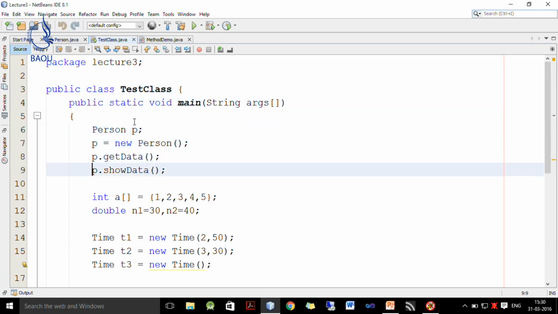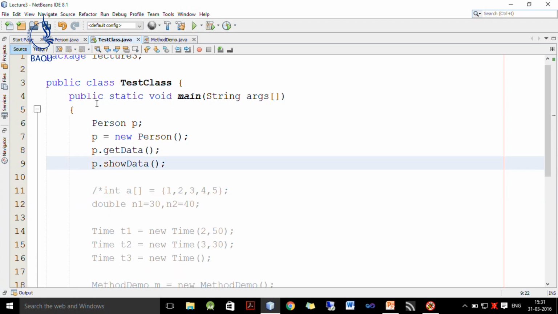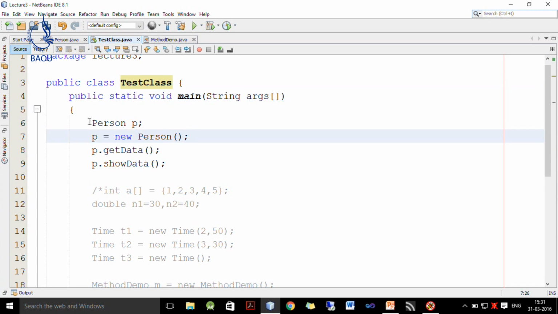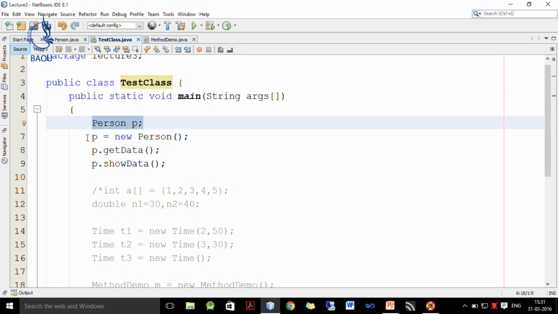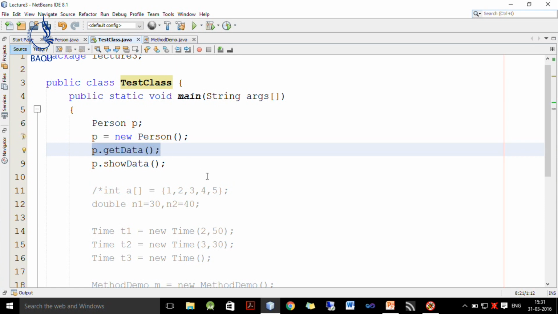So, here I comment out this portion, and now this test class has a main method. Inside public static void main we define one person object P. We actually allocate memory for P by writing new person, and then we call its get data method by writing P dot get data.